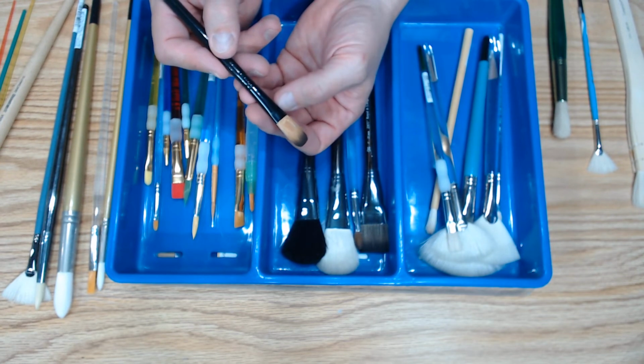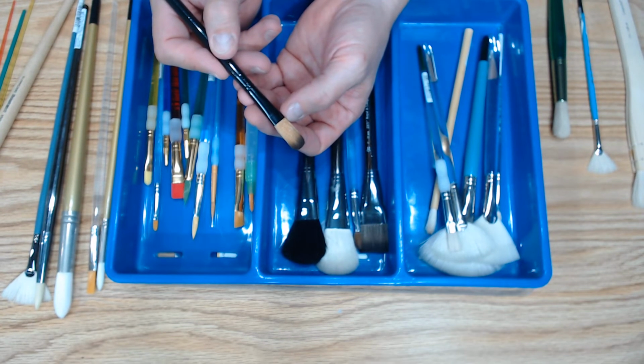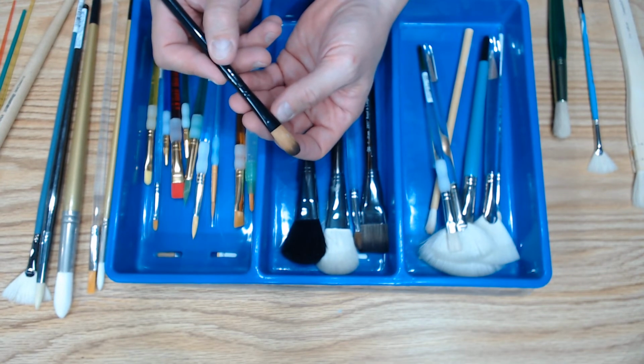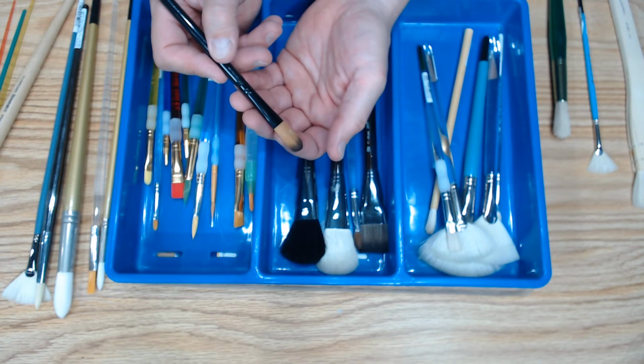It starts drying into the bristles. So by conditioning it and having it damp, that paint doesn't start to dry in the middle. It makes it a lot easier to clean the paint out of the brush when you do go to wash the brush. Again, if you're working with oil-based products, use some type of an oil or something to condition those